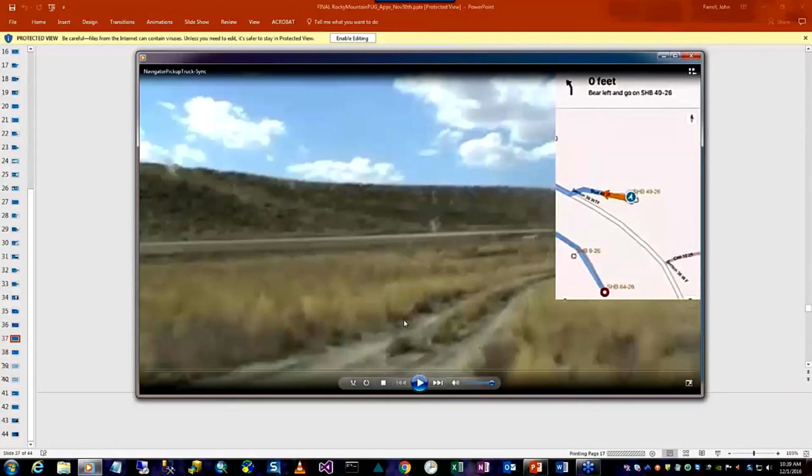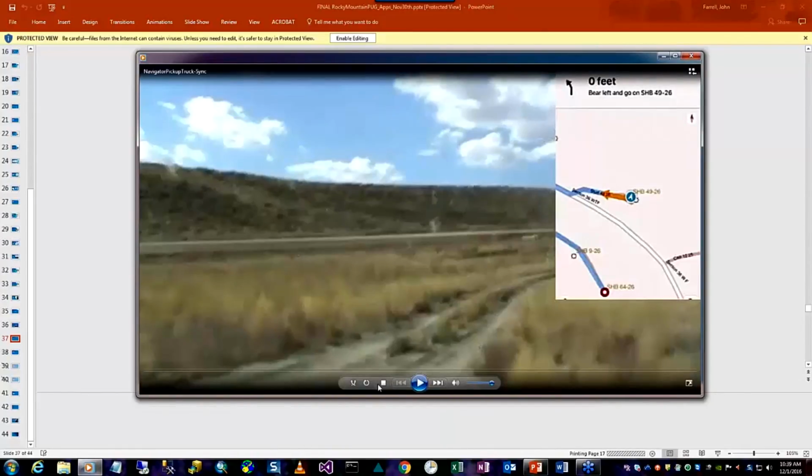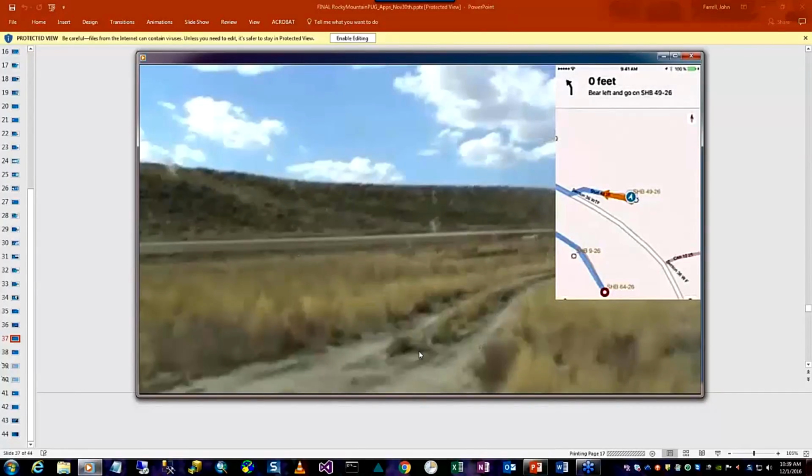All right, so the pickup truck right now that I was in is sitting at this well that's called 4926. And what I did is I had a camcorder, and I sat in the passenger seat, and a field reclamation specialist that was with me was nice enough to drive the truck at a typical speed while I recorded what it looked like out the windshield. And I also had a film loop of Navigator for ArcGIS running the same exact route.